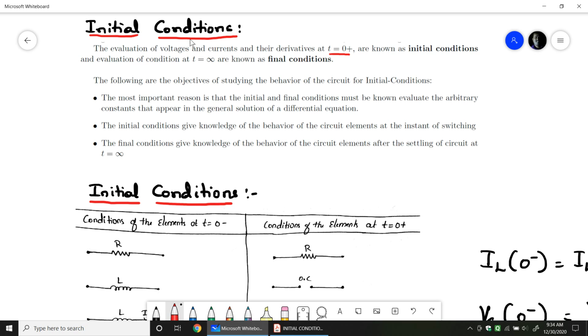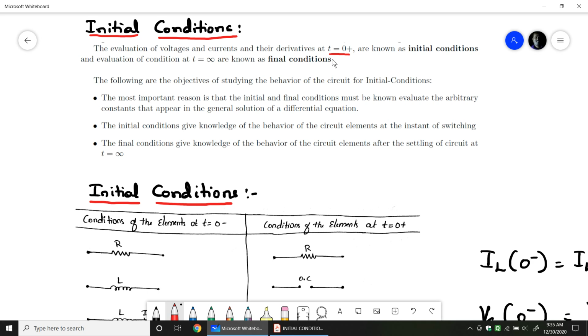We are going to find out the voltage and current, and their response in terms of the changes we see over time. The rate of change of voltage with respect to time is the derivative of voltage, and the rate of change of current with respect to time is the derivative of current. So we find the derivatives of voltage and current after the switch is closed, for any given circuit that has a switch connected to it.